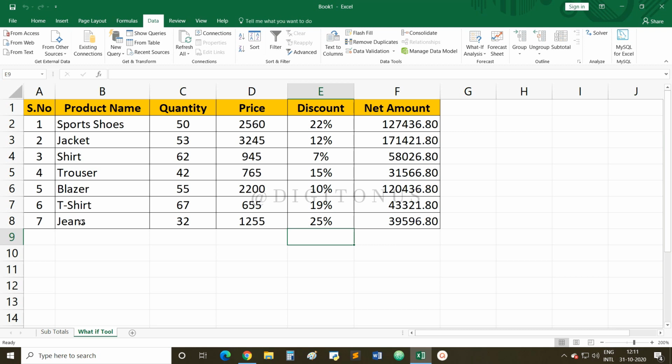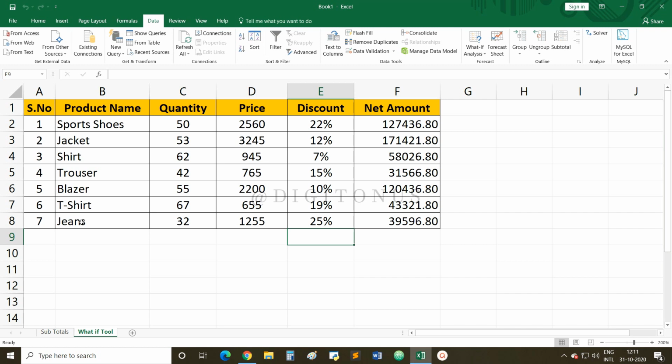Suppose, for example, like you have seen in a cricket tournament, you get a predicted score. If the run rate per over will be 10, then this will be the predicted run score. If the run rate per over is 15 runs, then this will be the predicted score. So that is an assumption. We are making an assumption that if the condition goes this way, what will be the output? If the condition goes that way, what will be the output? So this is all about what-if analysis.